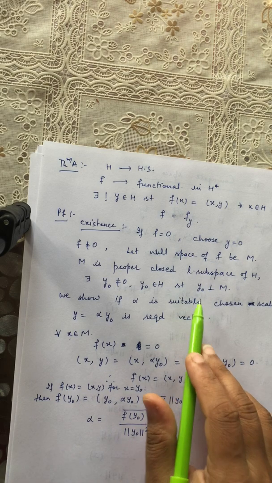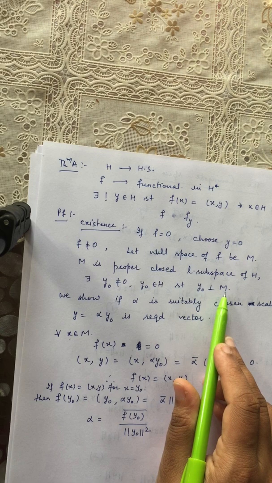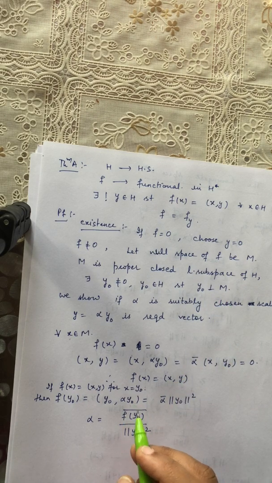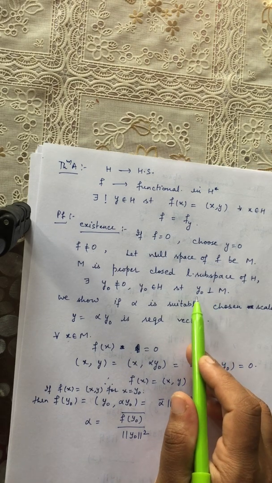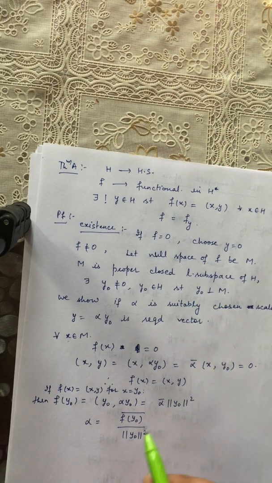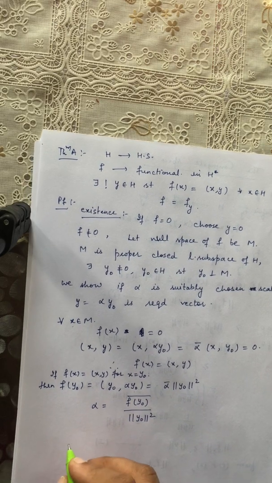Now because we know y naught is a vector which is perpendicular to M, and we know from a theorem that any Hilbert space H can be written as M plus M perp, which means direct sum of M and its perpendicular. And we know y naught is perpendicular to M, so y naught belongs to M perp. So any vector x in H can be written